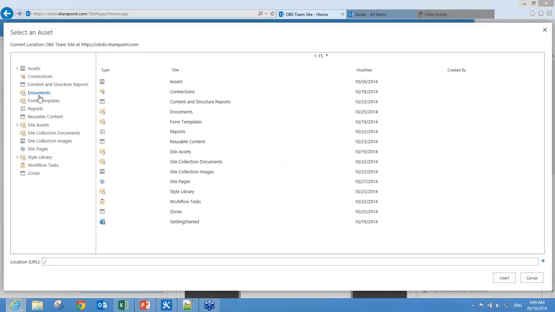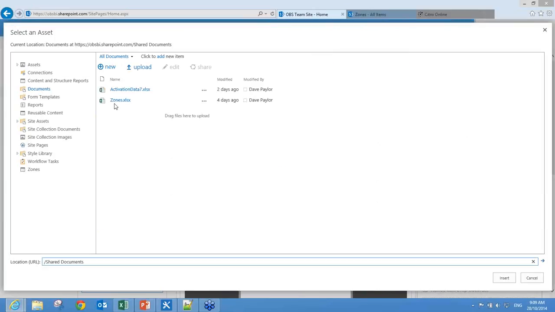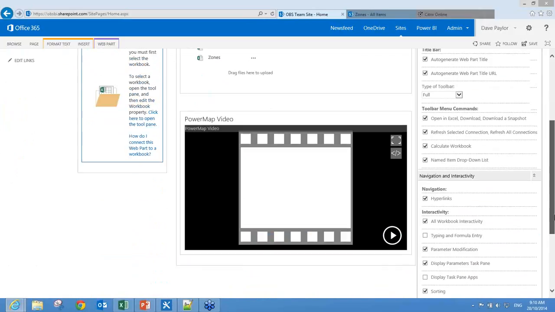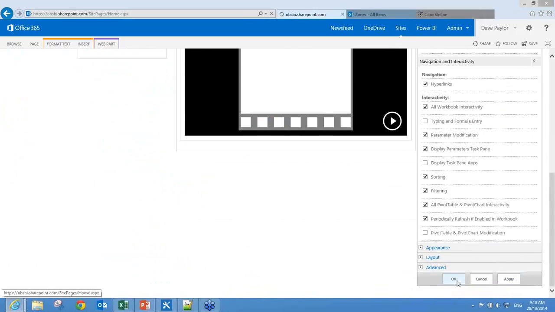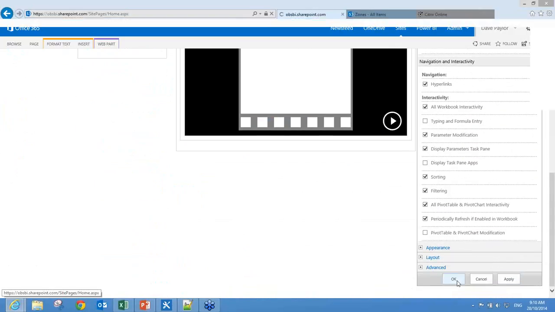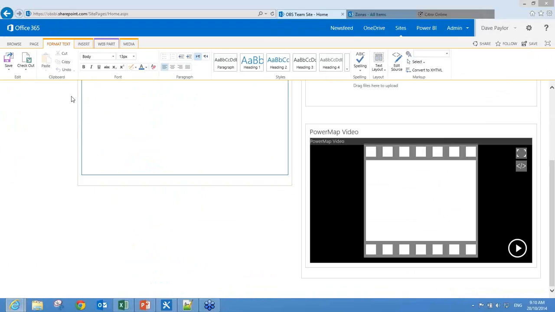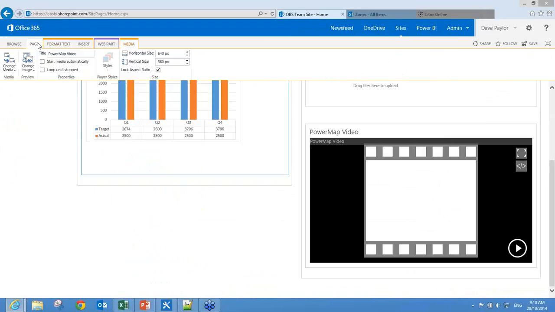I know it's in my documents library. There's my zones spreadsheet. And in this case, I'm going to put chart in as a named item. So there's lots of other options there on the web part. I'm not going to go through all those, but feel free to investigate at some point. So now, if I just save my page,